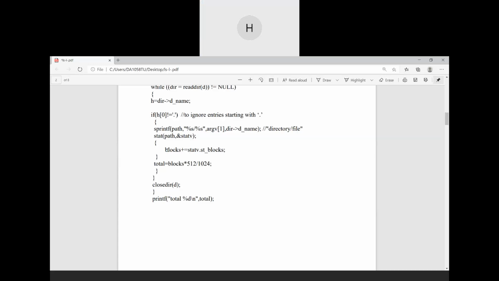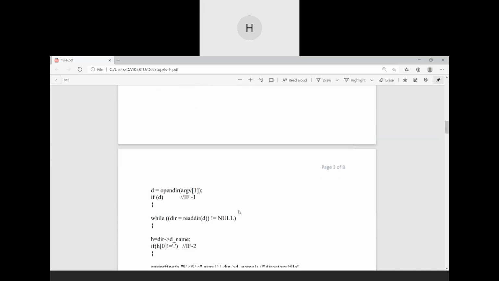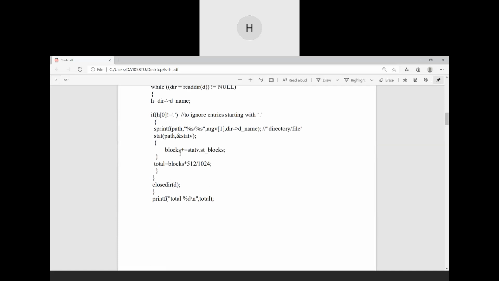I took these blocks separately to count the blocks separately, and the rest is all being displayed in the other while loop, because we have to display the total earlier, and after that we have to display the rest of the attributes, like the file permissions and everything which is displayed by the ls -l command.